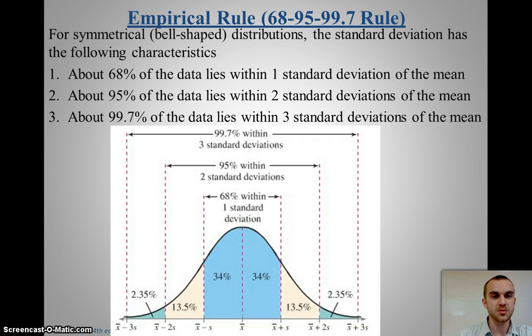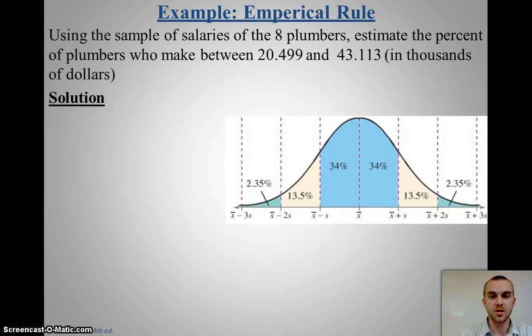Let's look at a quick example of this. Say that we're dealing with those 8 plumbers. Since we just found the standard deviation, that's going to be helpful. And we want to know what percent make between $20,499 and $43,113. Now, if I want to know that, the first thing I want to do is fill in these values down here. I know that my sample mean